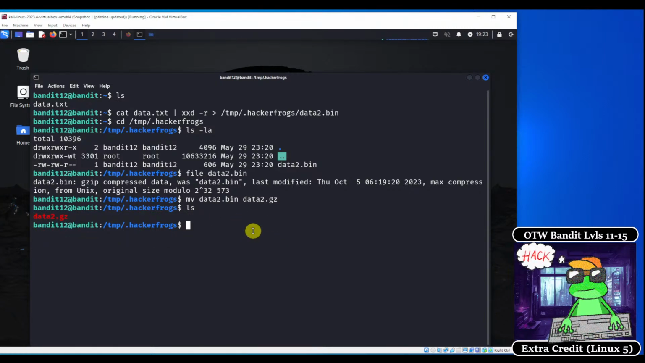In order to decompress the file, we're going to use the gzip command with the -d flag. So gzip -d, and then we specify the name of the file, which is data2.gz, and we run that, and the result is data2. So if we run the file command on data2,